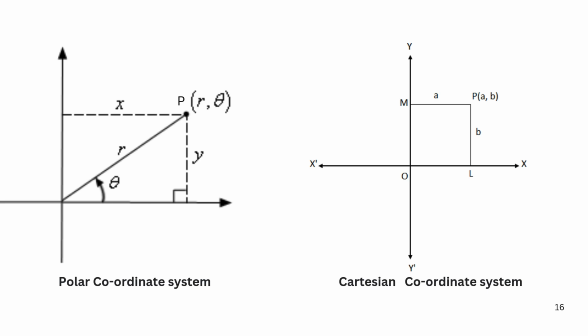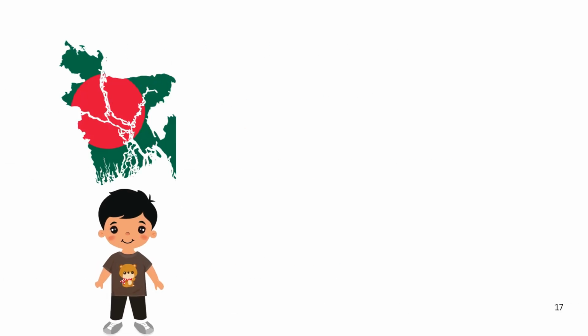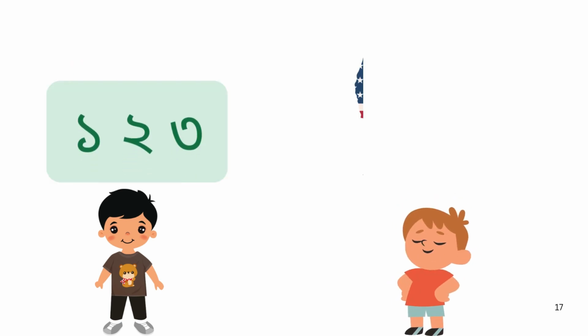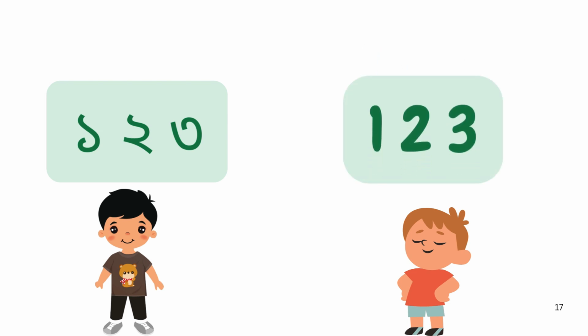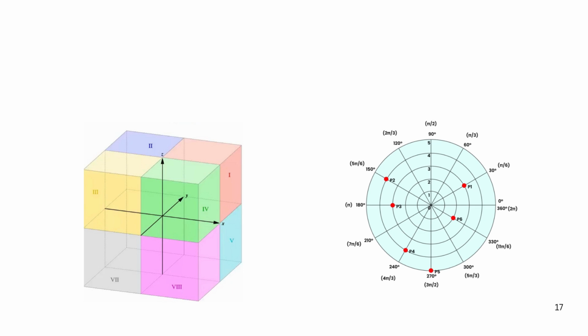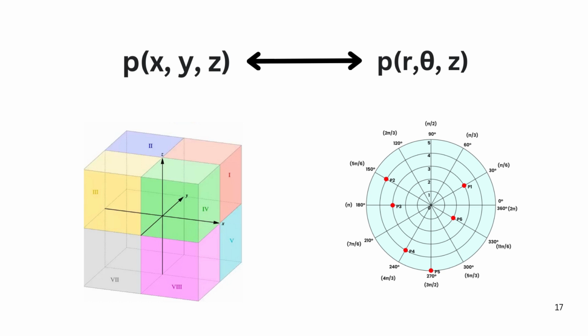To simplify, let's use an example. Imagine a child born in Bangladesh learns to count as ek, dui, tin, while a child in England learns to count as 1, 2, 3. They are expressing the same numbers but in their own way. Similarly, the polar and Cartesian systems describe the same point P but use different methods to do so. So, while the methods may differ, both coordinate systems ultimately guide us to the same destination, just like different languages